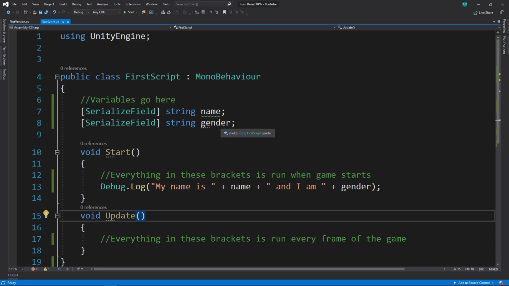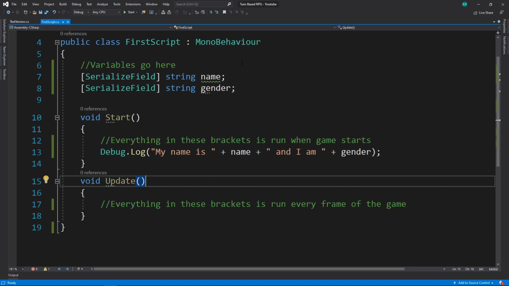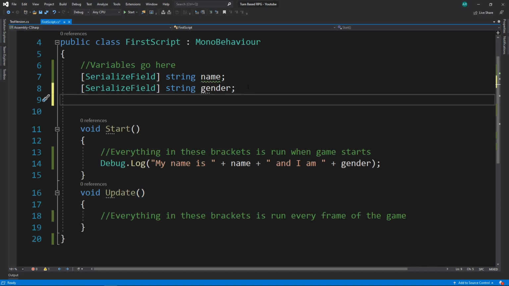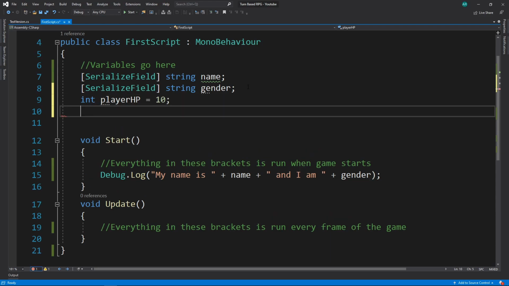Now, the problem with that is that it doesn't scale very well. We'd have to have all those variables remade each time we made a new enemy. It's very easy for us to mess things up. We can have one int here as the player HP, right? And we can have that set as 10 or whatever. It doesn't really matter. And then we can have an enemy HP, and then that could be set to 100